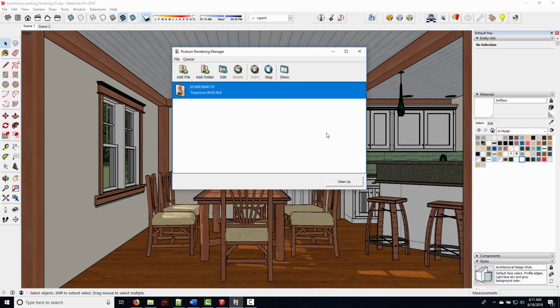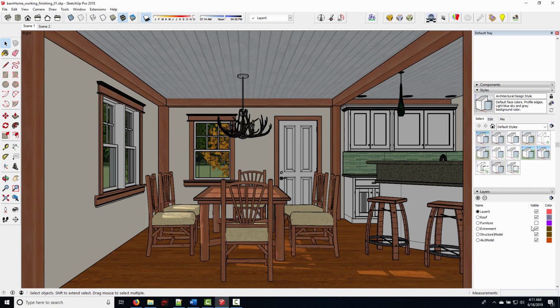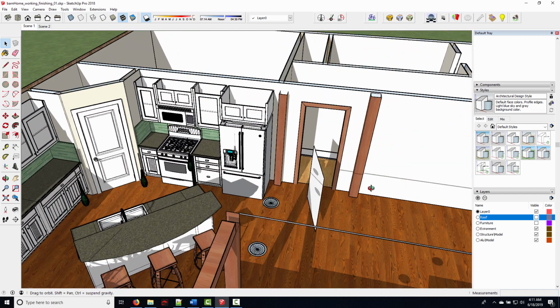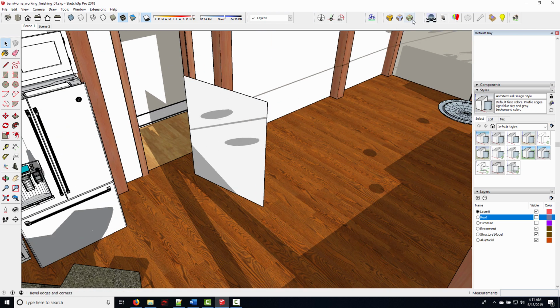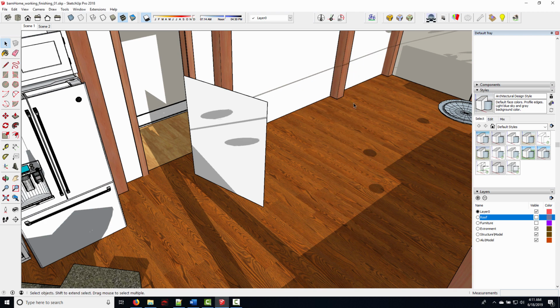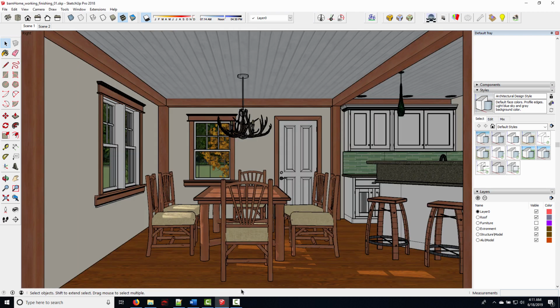If I did want that LEM to still cast light but be hidden, all I would need to do is come into the LEM properties. So with the materials, color pick, and I could just check hidden, and that would be invisible to the camera, but it would still cast light. But I'm just going to leave it right as it is, and I think we're going to go ahead and